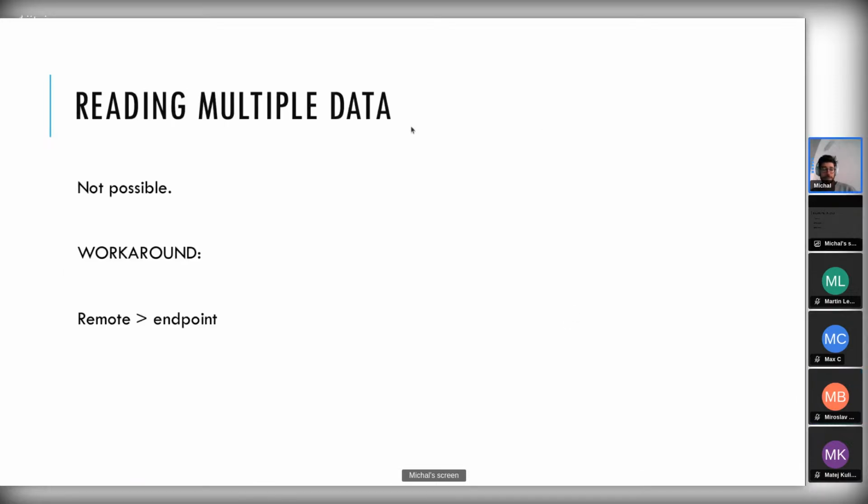Okay, and then there was a problem with reading multiple data. I was playing with the RDF Jekyll because I wanted to use it on the KBSS website, and I had a problem that it works only with one file. You cannot upload more files and use different files or combine them together. So I asked on GitHub and I got the answer that it's not possible to upload multiple files, but there is a workaround. You can upload multiple files into some SPARQL endpoint,